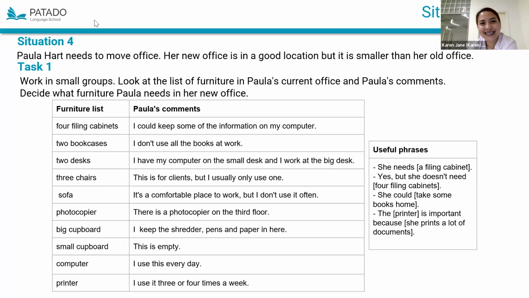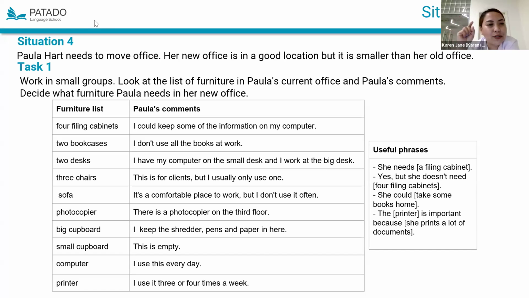Do you agree with that? I think just 1 or 2 could work. Only 1, that's enough, because now we live in a modern life, so we store all things in our computer. So I think just 1 cabinet is enough. Okay, that's nice. That's a very good choice because bringing them all could take a lot of space in a very small office. So bringing 1 is one of the best options.